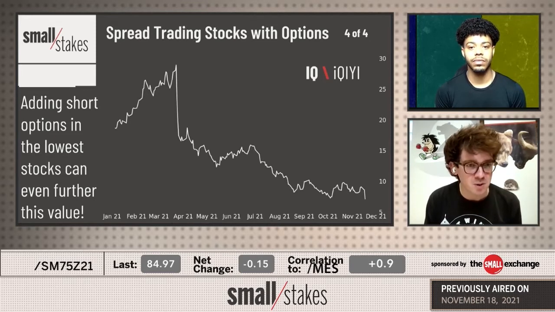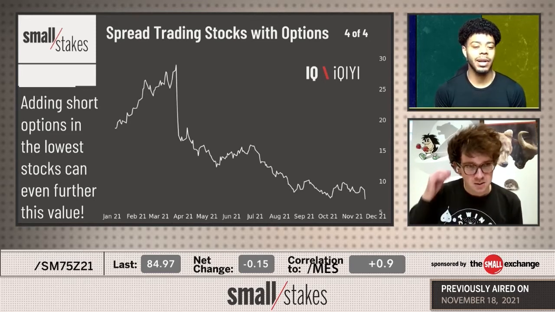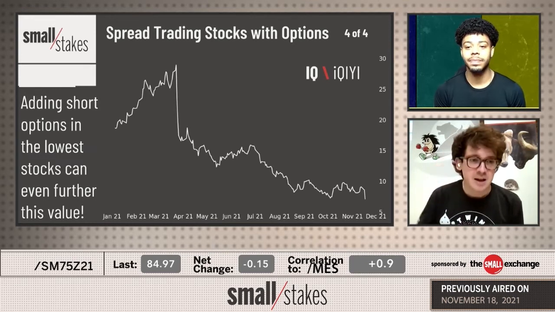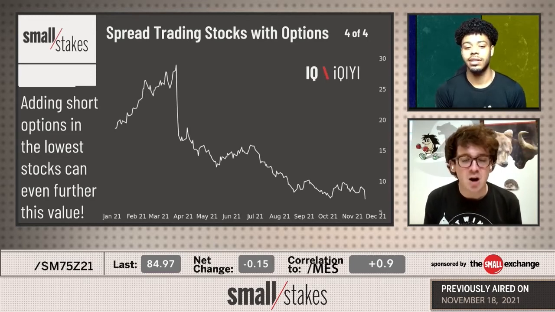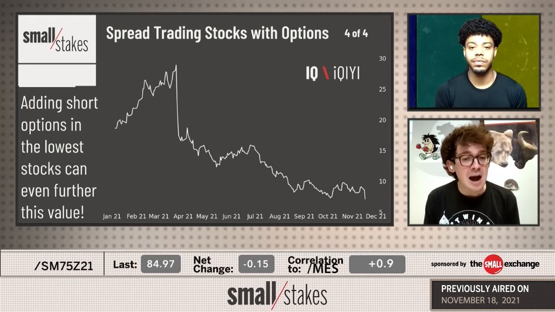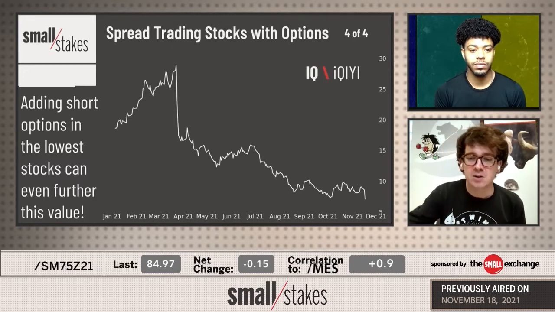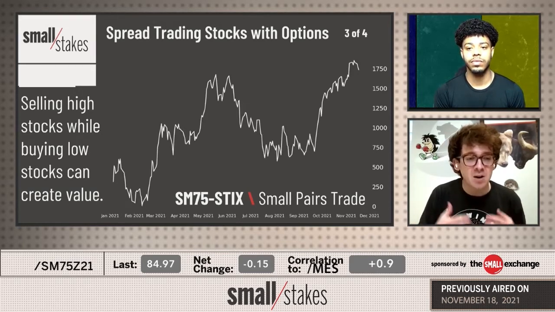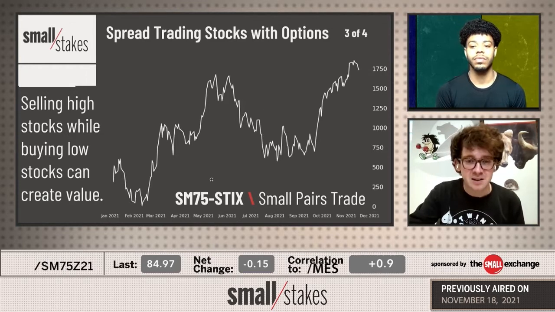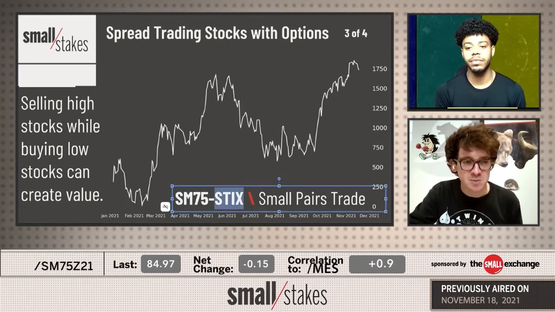Have you traded this one before? I've come across it, but I can't say I have traded it for sure. As you can see, it's had a rough go here in 2021. Another thing I like to look at is offsetting some of the exposure with options on the single names. So in this example today, to get on the other side of this pairs trade, what I think is a decent opportunity here in mid-November, you would simply sell this spread, which would be selling this SM75 and buying this sticks. Relatively simple. Are you there with me? Yeah, I'm here.